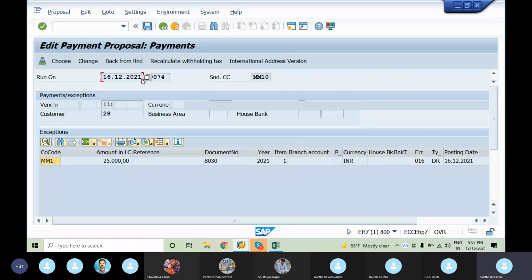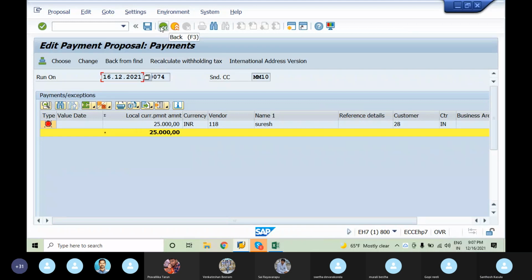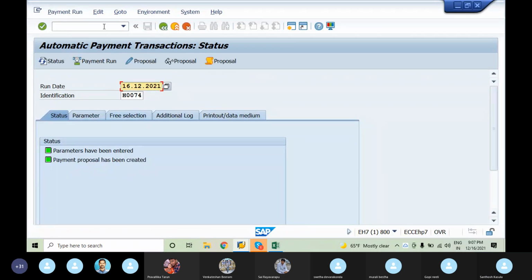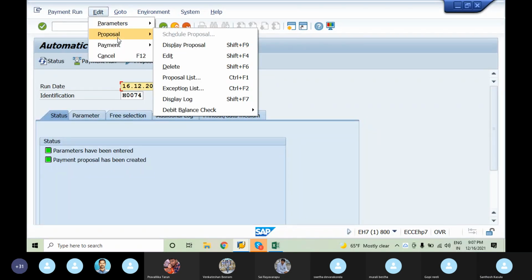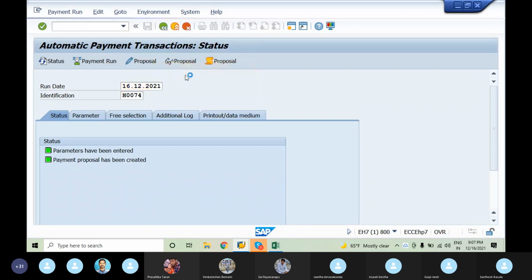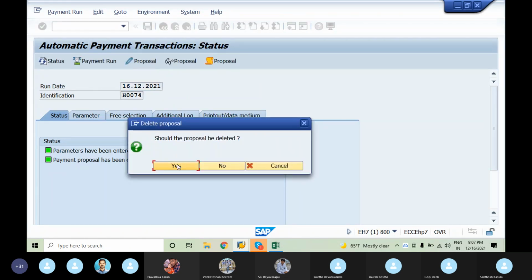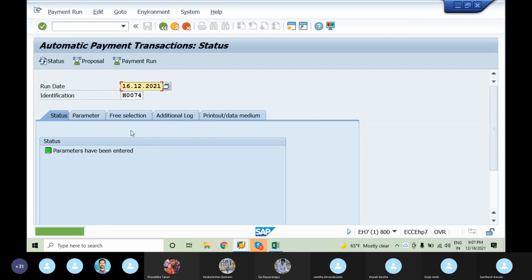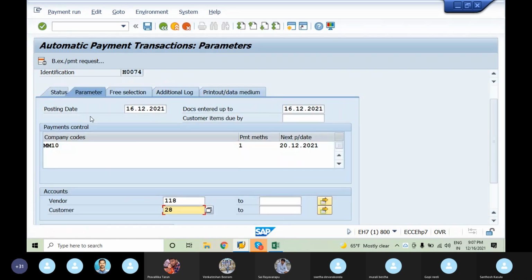Let's try it, one second. Check in the additional log also. In the additional log you can select vendor and customer.